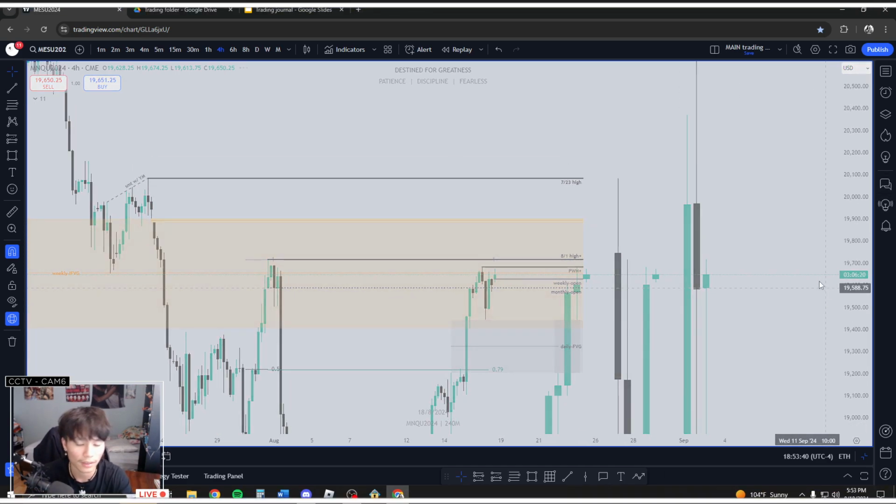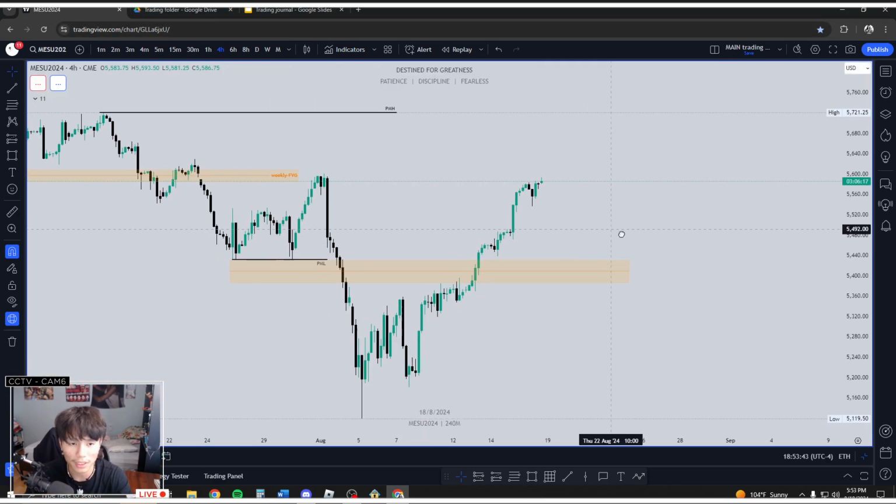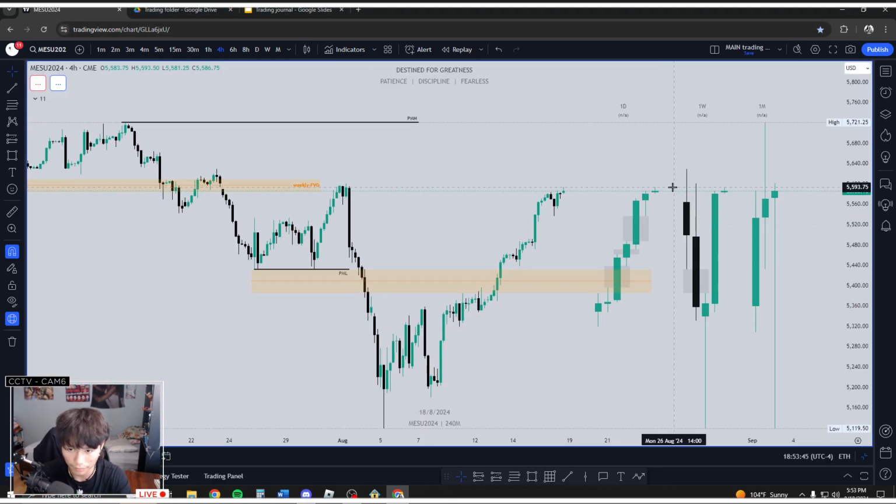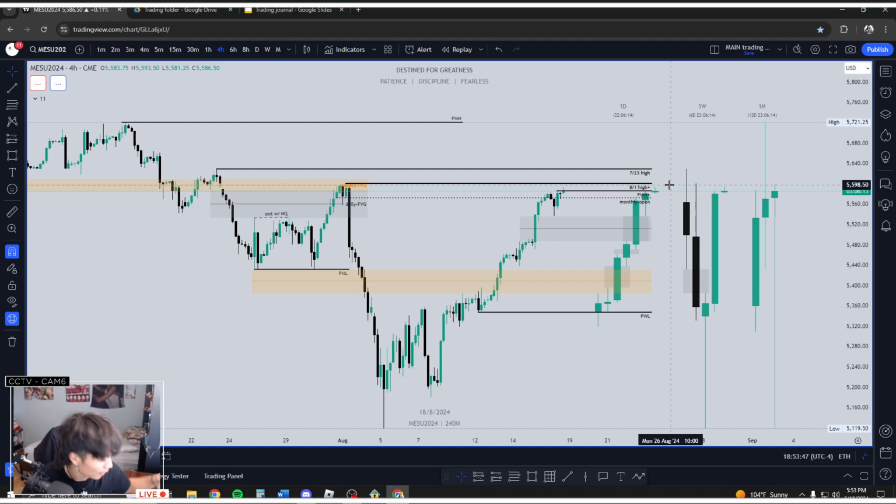And on ES, I'm anticipating the same thing. I want to see higher prices on ES. We're right next to the monthly open. So if we're thinking in terms of monthly power of 3, you want to be buying below the monthly open. So any setups that price gives you this upcoming week where you're buying below the monthly open, it's really high